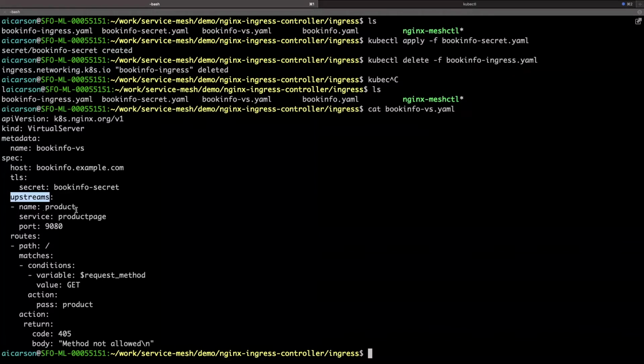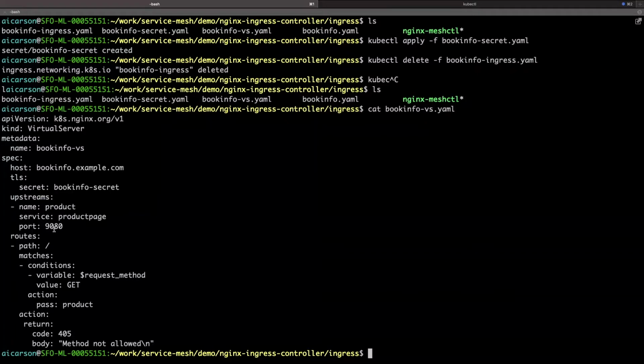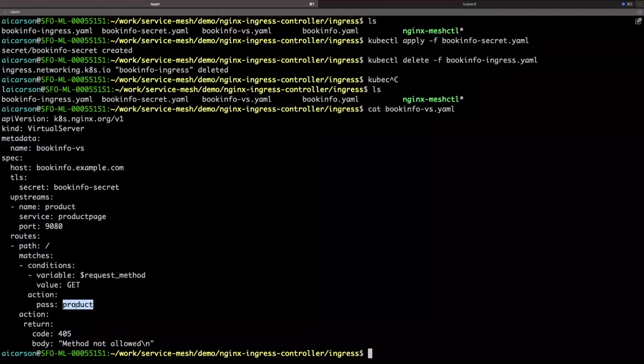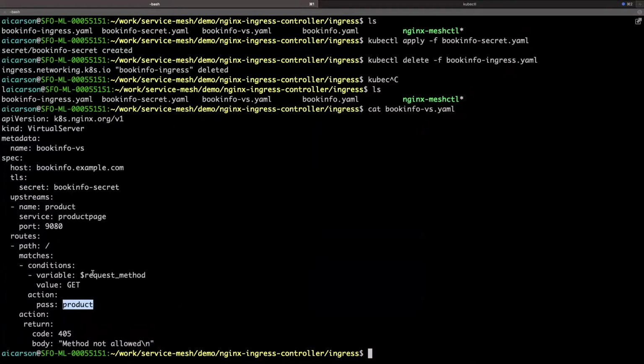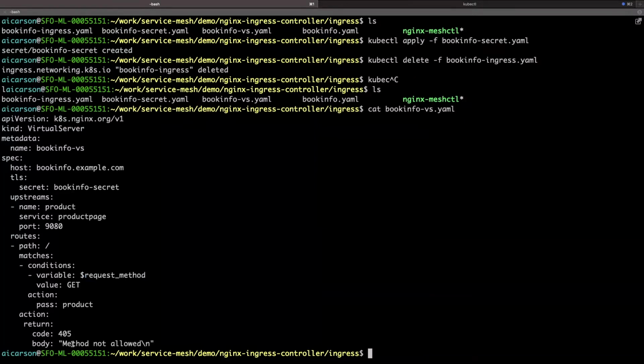What we're going to do here is define a named upstream, productpage 9080, and we are going to route traffic / to this upstream. So pretty much exactly the same as before, but now we have this advanced configuration. We can actually look at the request method, this variable, to look for whether it's a GET request. And if it's not, we're going to return this 405 method not allowed.